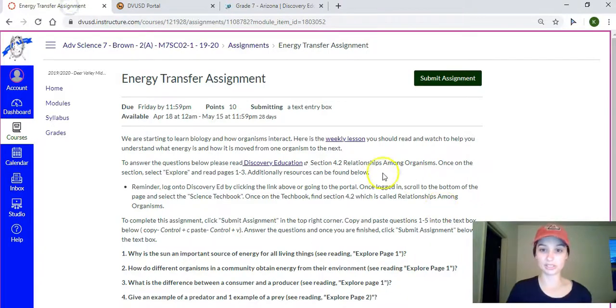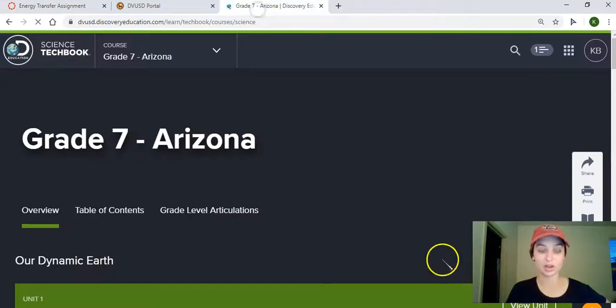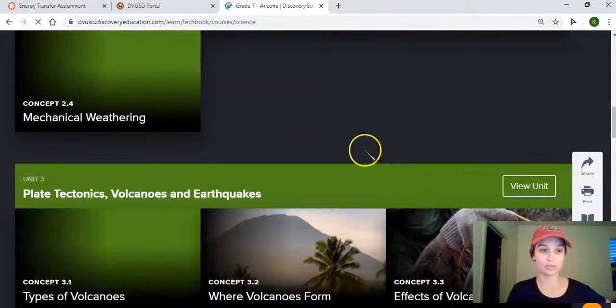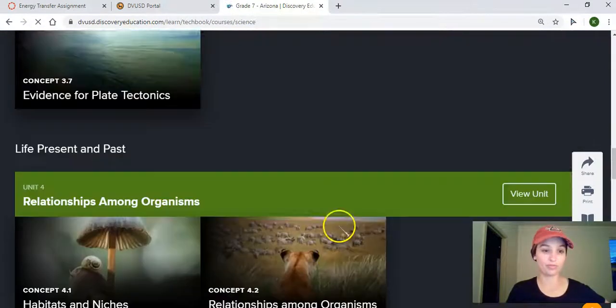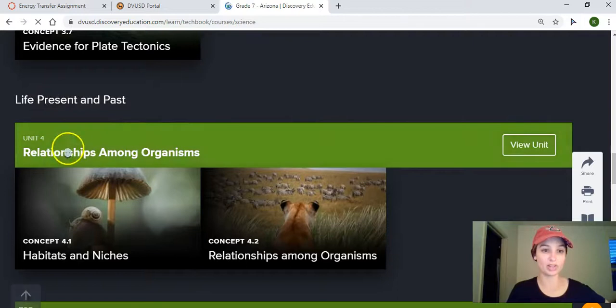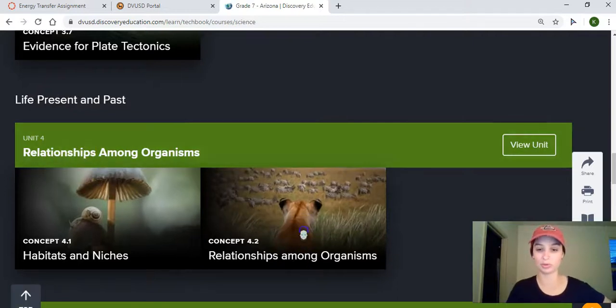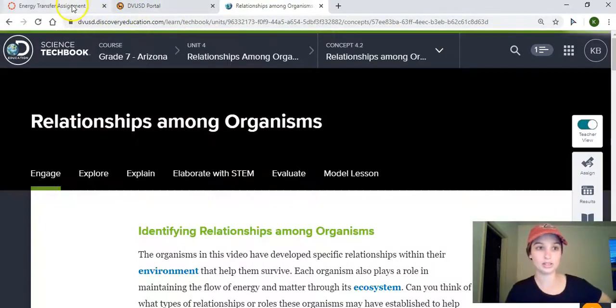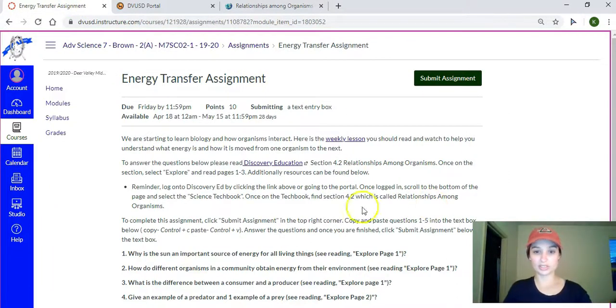And then if we go back to our assignment, it says it's section 4.2, relationships among organisms. So I'm going to scroll down to unit 4 right here, and then 4.2, relationships among organisms. I'm going to click that. And then it tells us